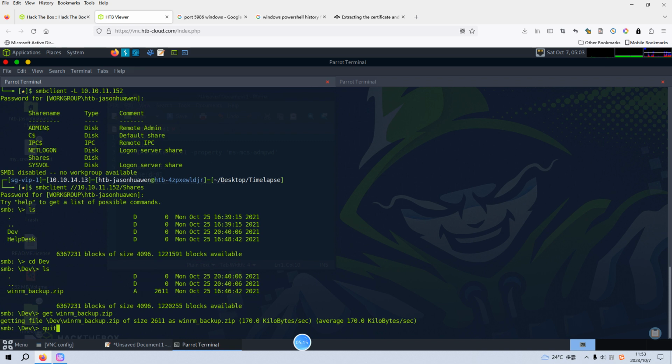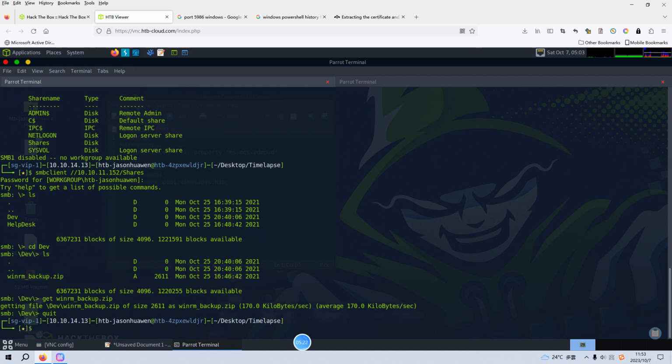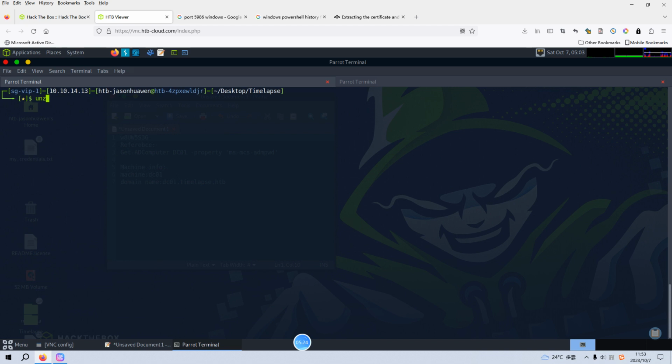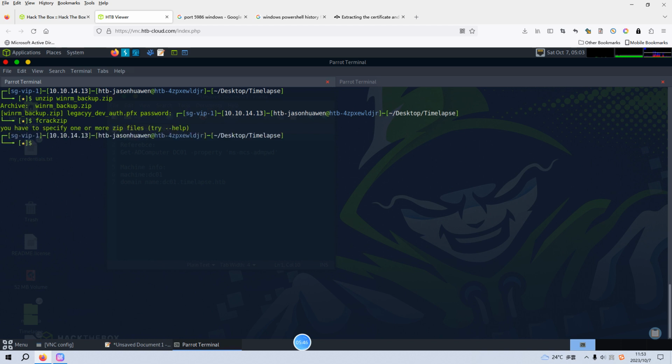Of course, the help desk directory doesn't contain important information, so I'd like to quit. Then we can unzip this file, right? But this zip file is protected by a password. We can use zip2john, but maybe we do not use John the Ripper. I'd like to use the fcrackzip tool. Yeah, we can, of course, use the help